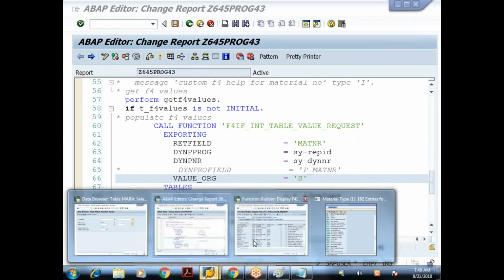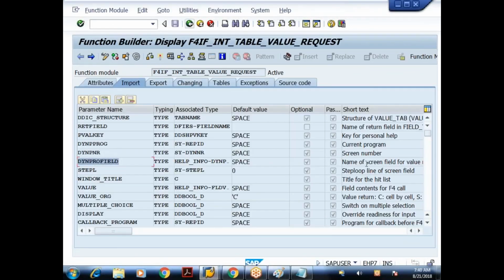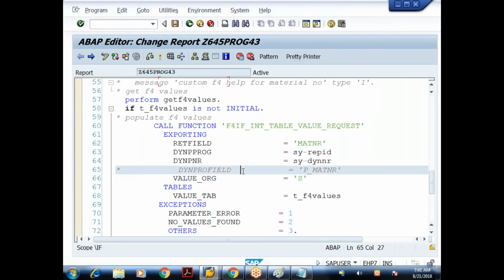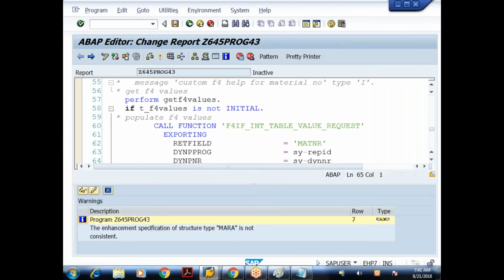So what I'll do, just now we have seen the field, what? Dynpro field, name of screen field for value return. Means whatever the value you're returning, it should come and sit in some screen field. Right? You need to mention that screen field name. So earlier I commented, let me uncomment now. Done. So when I execute,